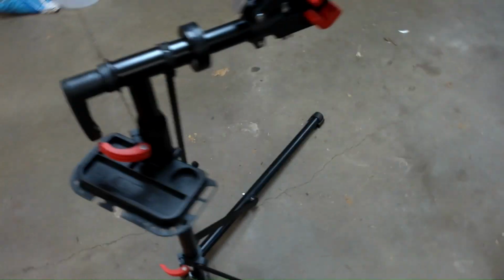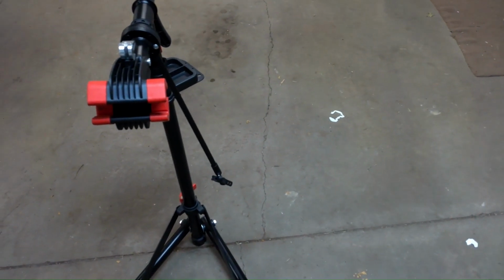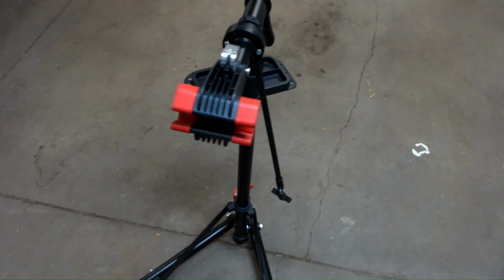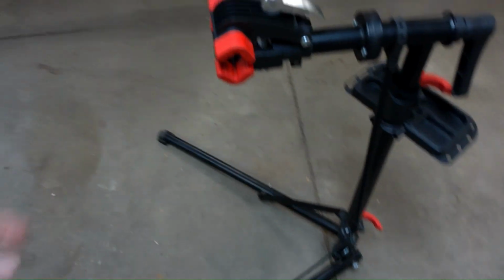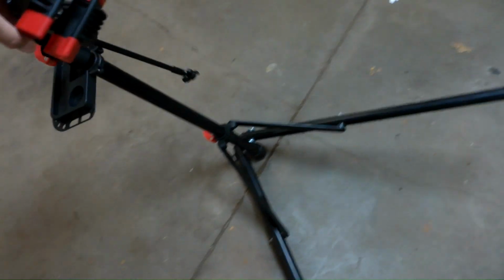Okay, what happened, I was going to swap forks on my bike, so I had my, what bike did I have on there? I think it was my Stumpjumper on here, and on my screw up, instead of having the front wheel higher than the rear wheel, I had it the other way around, so the weight was heavy on one side. So when I popped my front wheel off, this went like that. Well, with the weight of the bike on there, what happened is